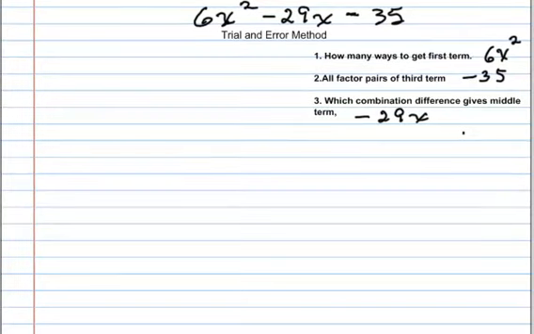Well, we know that we could have a 6 and a 1, and we could have a 3 and a 2. So that gives us the combinations, because anytime this third term is negative, we must have a combination of a plus and a minus in our two binomials to get the middle term. So we start out with,